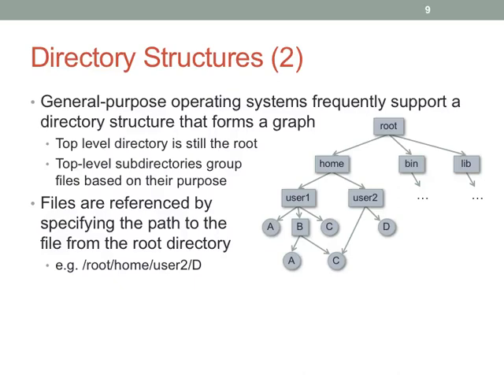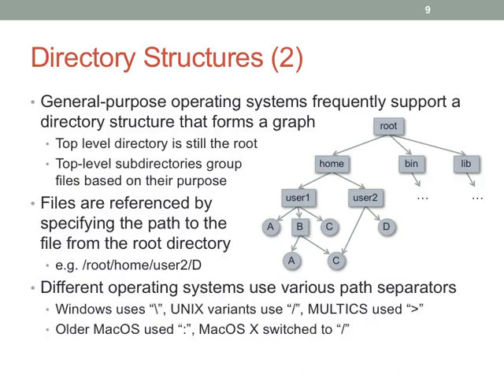So it would just be /home/user2/d. Okay, but obviously there's a lot of ways that this can be done. And one of the things that's kind of fun is the fact that there's a lot of different path separators that's been used through the years. I love how Multics would use a greater than because it kind of looks like an arrow descending down the various directories. Older Mac OS, like up to OS 9, would use a colon. So you would have A:/B:/C. Why not? And then obviously OS X, since it's a Unix-based operating system, uses / like most other Unix variants do.